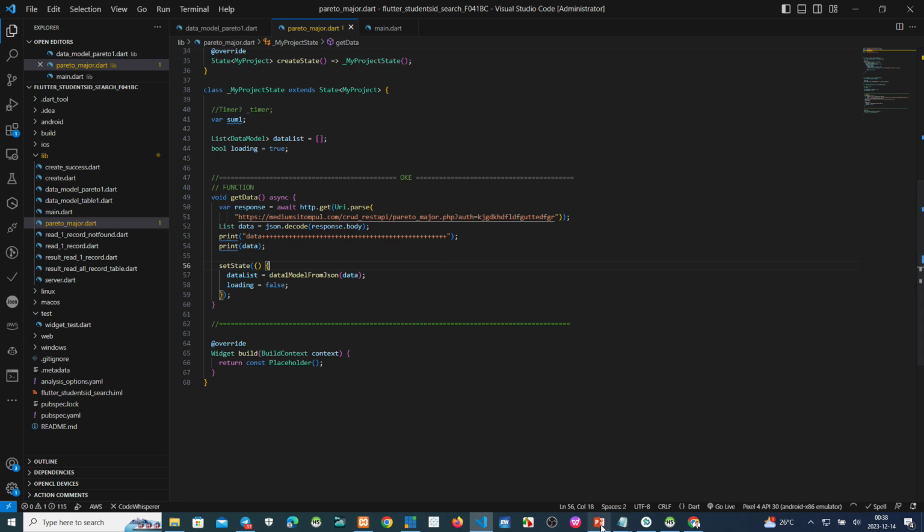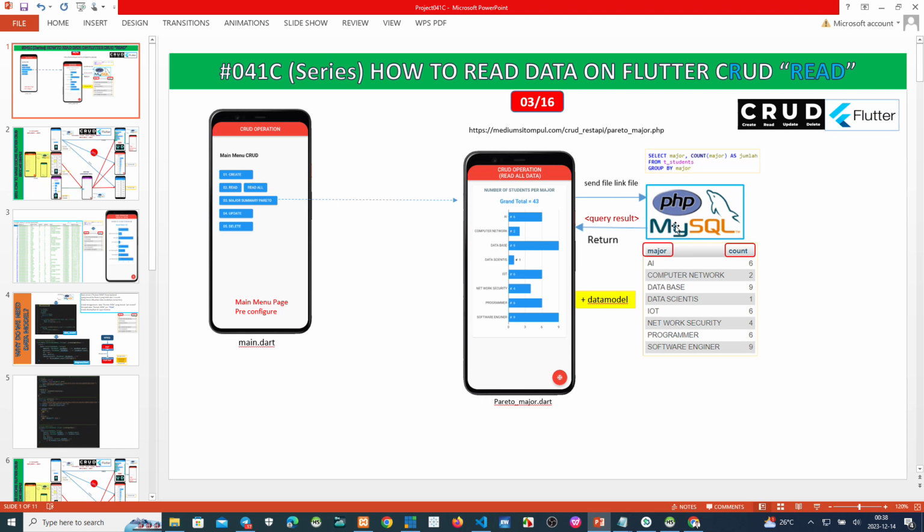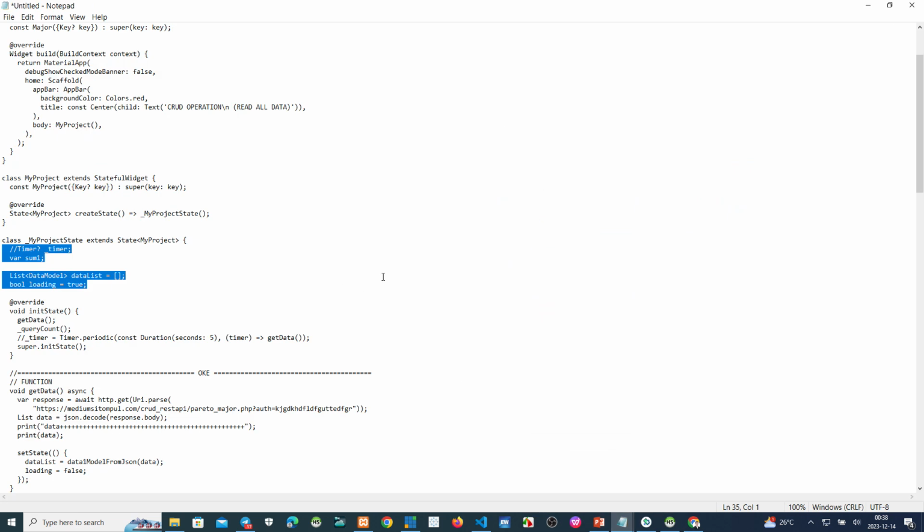After we get the data here, we want to calculate the sum of records. At this moment we have 43, and then we must make a script to calculate the sum of records, or to count the records.